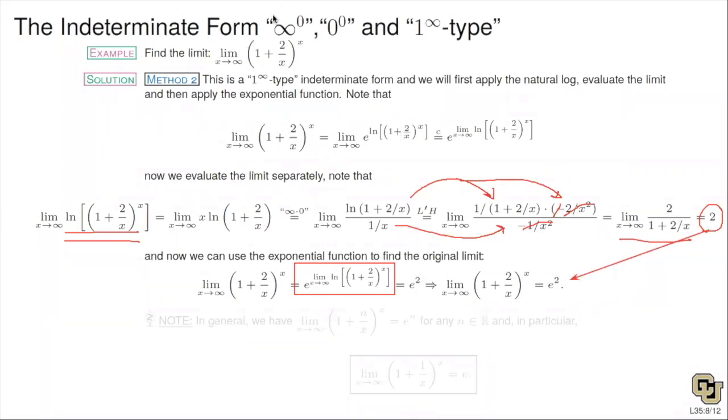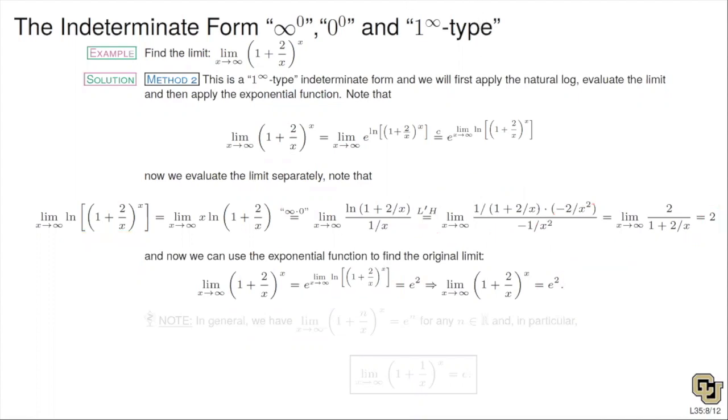It's the same final answer. It's e squared, but we just did it in 2 steps. It just depends what kind of style you prefer. So if I was doing this problem, the parts I wouldn't write down would be, so let me show you, the parts I wouldn't write down would be,